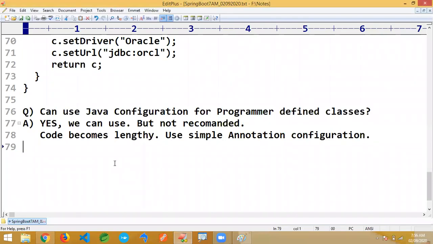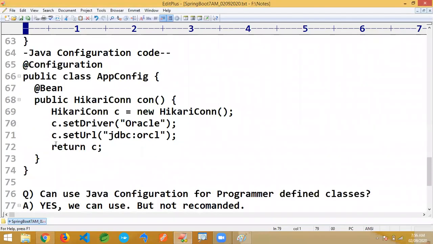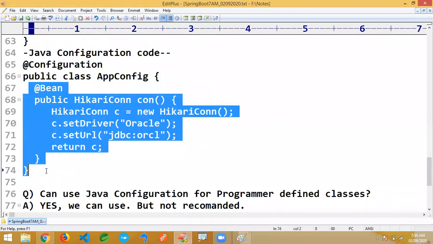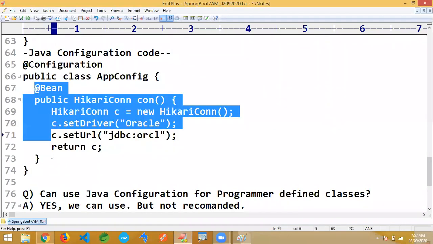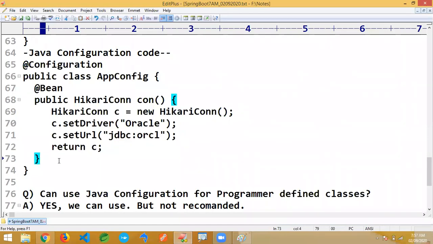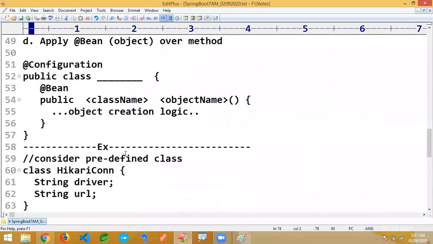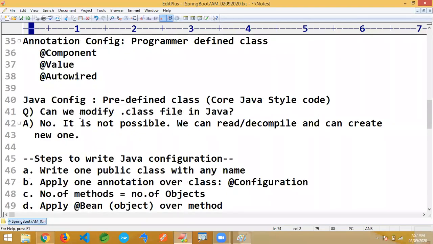if you want to create one object, Java says follow this syntax. If you write something like a method, Spring says I'll treat it as an object. These are all the rules given by the container, sir. If you follow these rules, then the container will create the object. Those objects are reusable. Yesterday also I gave the point: Java configuration is recommended for predefined classes. Yesterday also I said, if programmer-defined classes are there, then go for annotation configuration. If predefined classes are there, then go for Java configuration. That's the best approach. Now, next question I'm asking here.